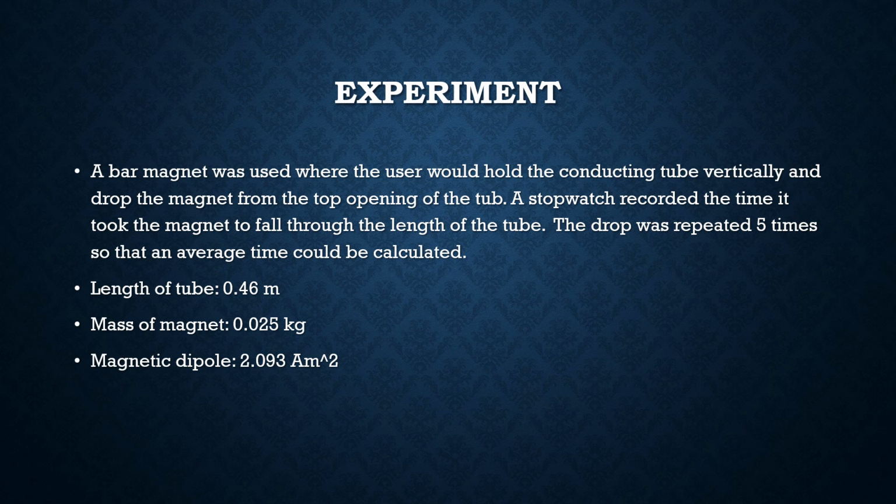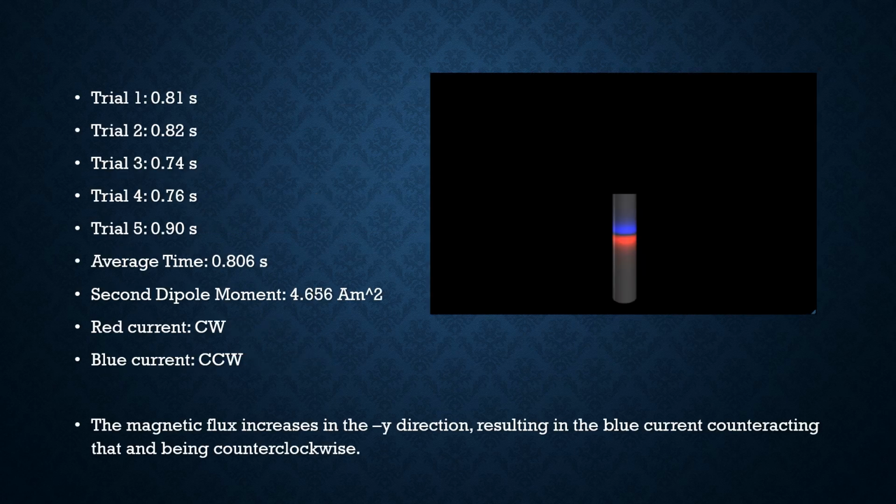So the length that I found was 0.46 meters, and the mass of the magnet was 0.025 kilograms, and the magnet dipole I used from lab 3 for that magnet, which is about 2. And these are my 5 trials and their times. Also, I did the second dipole moment for the second